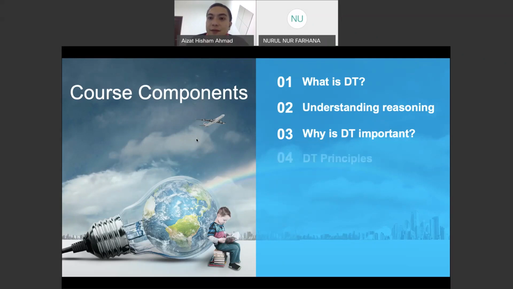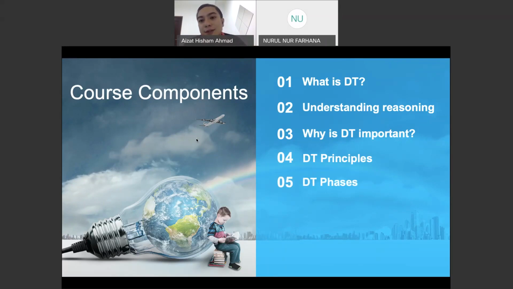All right. Okay. And then we would also go a little bit more on the technicalities. Now, if you talk about thinking, it's pretty much very open. Thinking is a very broad subject matter. But in design thinking, we can actually put it in a nice framework or nice step-by-step guidelines whereby there are certain principles to be adhered to. So this is what we're going to touch base on as well, all right? And then we'll go a little bit more in detail.